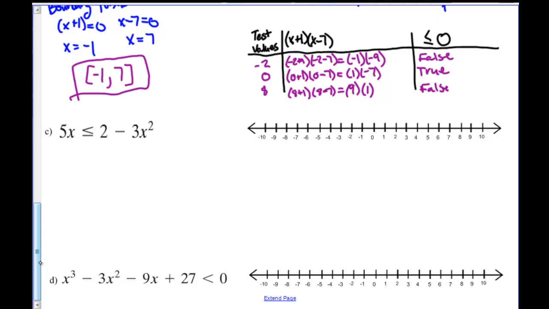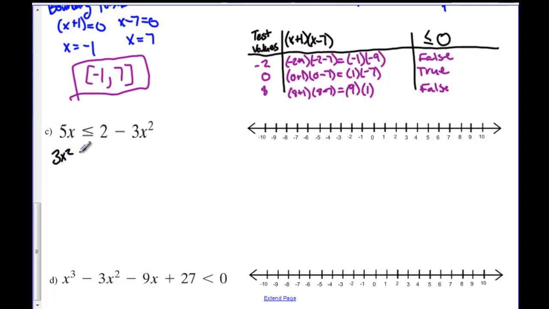Yep, move it all over to the left side, correct. So for C, we can't get started because we don't have a 0 on the right. So to get a 0 on the right, we're going to move all these over. So to do that, we're going to subtract 2 from both sides and add 3x squared to both sides. So if we do that, we're going to end up with